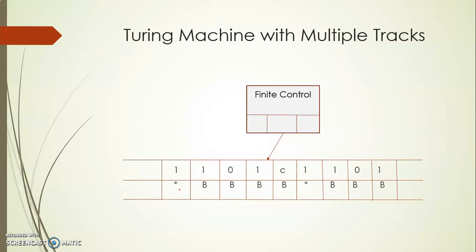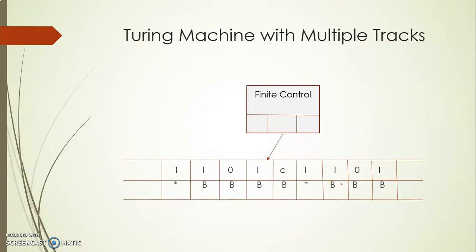Now we'll see in the next slide how to write the transition function for it. So I'll be moving towards the right. After the separator, I have to see the same symbol. If I see that, I'll mark it as visited and come back towards the left. Again, I'll check for this one. I'll remember this in the finite control, go back towards the right, and repeat the process until all the symbols are visited.